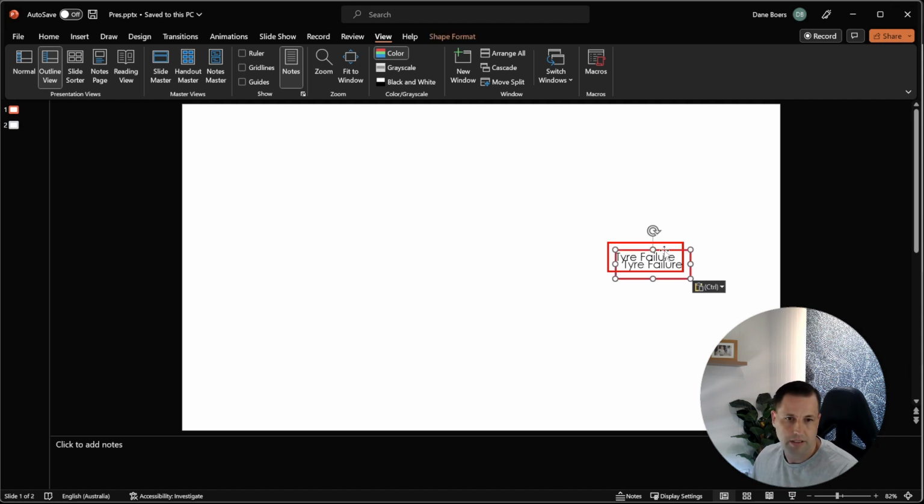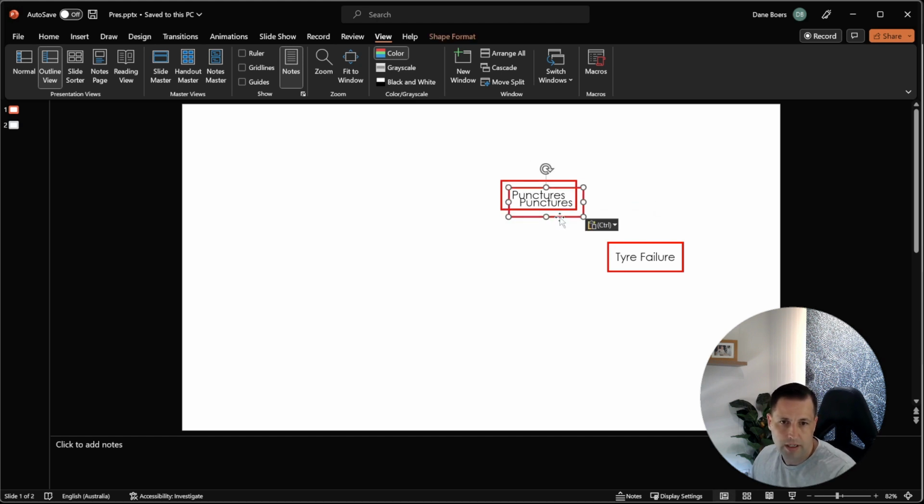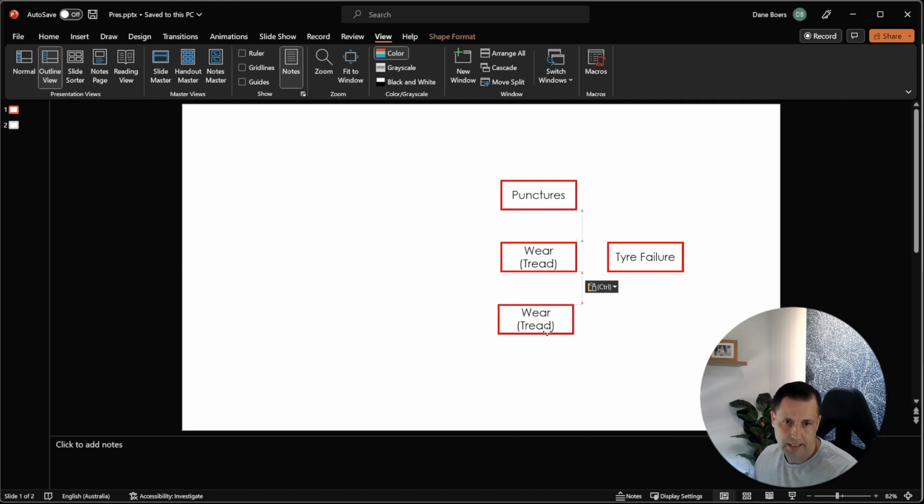The first thing I'm going to say is that I think tire failures can happen in one of three ways. The first one is punctures. The second one is, let's say, wear or use. So this is where the tread has been worn down. And lastly, let's say